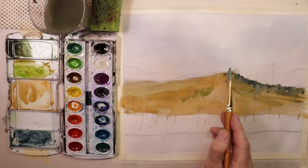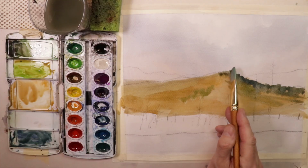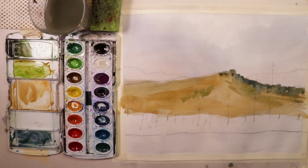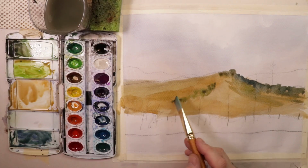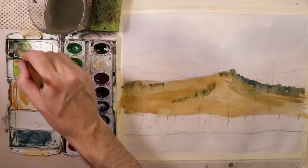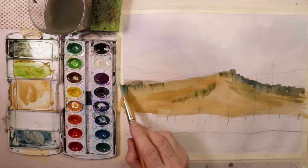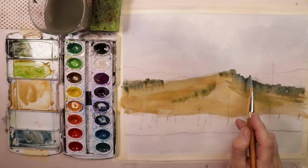So you get some of that cool, interesting shapes of some trees and things like that over here and there. You know, not everywhere, just kind of lightly. Over here we're doing some light bluish green. So like bluish green, blue and green together